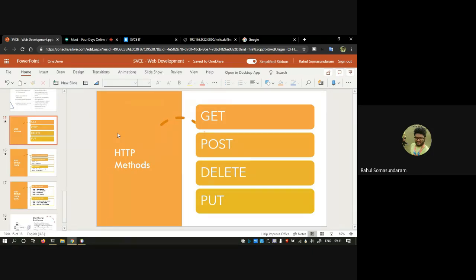So whenever you are returning a book, what they will do is delete the book entry. Like before, when you are borrowing a book, they will put an entry under your name that this person has got this book, say a book on engineering physics. So whenever you return the book, they will just delete the entry from your name. So for that we have to use the delete request.